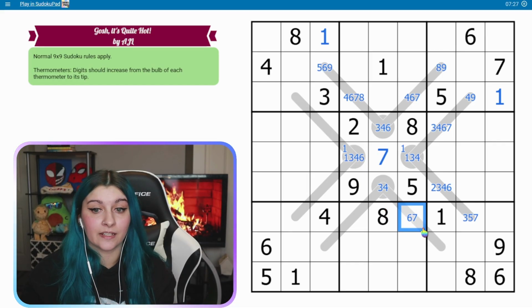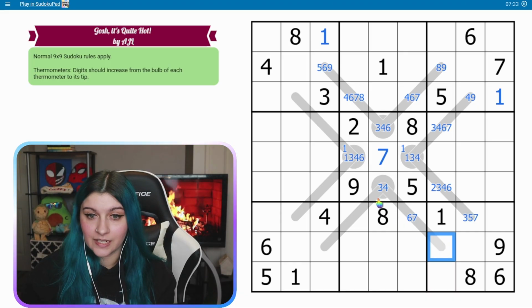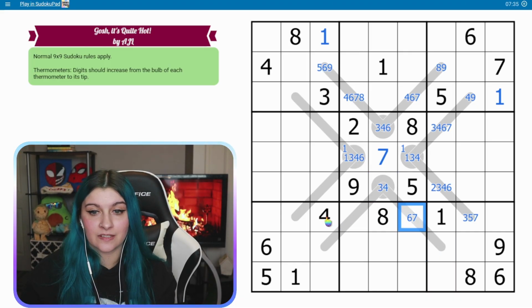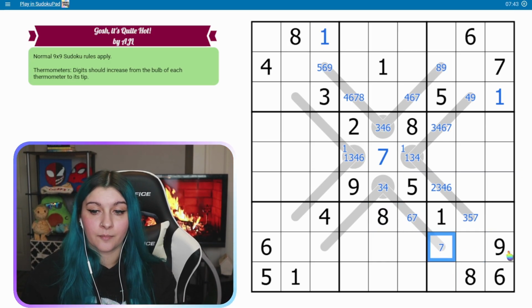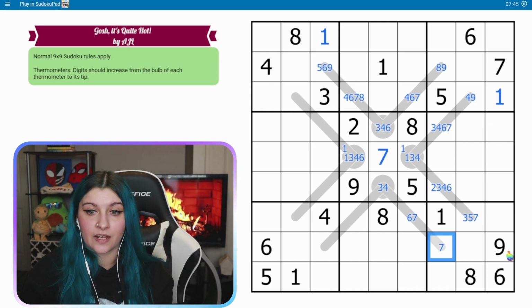Okay, that's limited. This can't actually be a 7. Ooh. Nice. This is a 3 at a minimum. This sees a 4 and a 5, so this becomes 6, 7. It sees an 8, and I don't want it to be a 9. This can't be an 8 or a 9, so this is a 7 at the biggest. It sees a 6, it sees a 5, but 4...